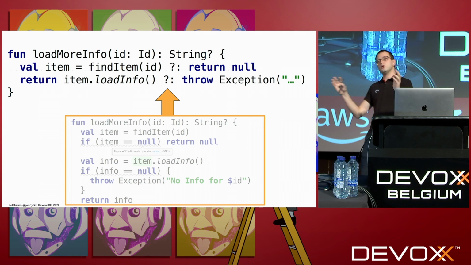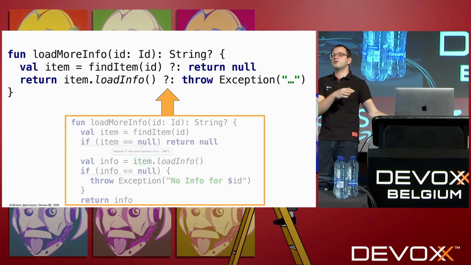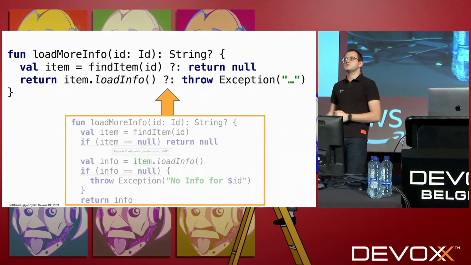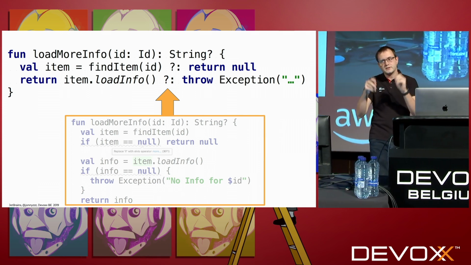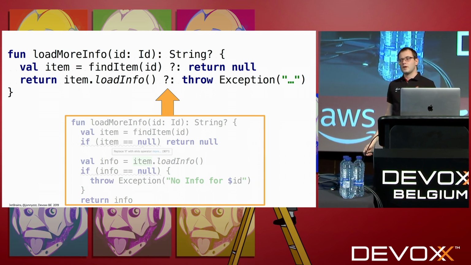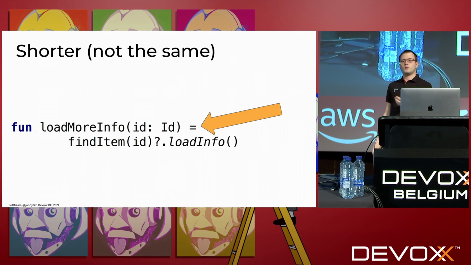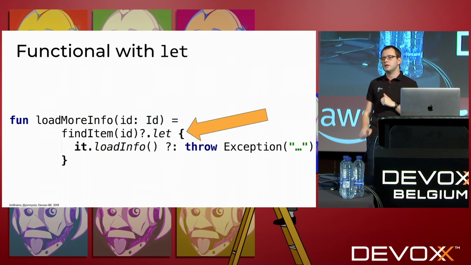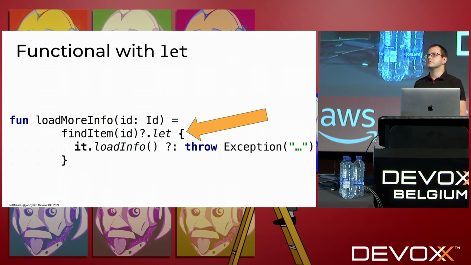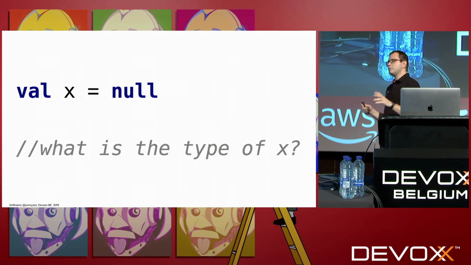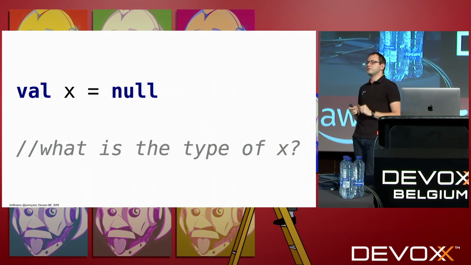So we started with a long code block, which you may have in Java, for example, or if you copy-paste the Java source into Kotlin source, you would see something like this. And we can shrink it into something that short. It's good, is it? But the type Nothing helps us to do so. Or we may do the equal, with a little bit different semantics, but way shorter. It will not throw an exception, it will return null on both sides. Or even functional style, if you like it. So normally you may say it is good or it's ugly. Well, it depends. And to wrap up, the question for you: what is the type of this declaration?